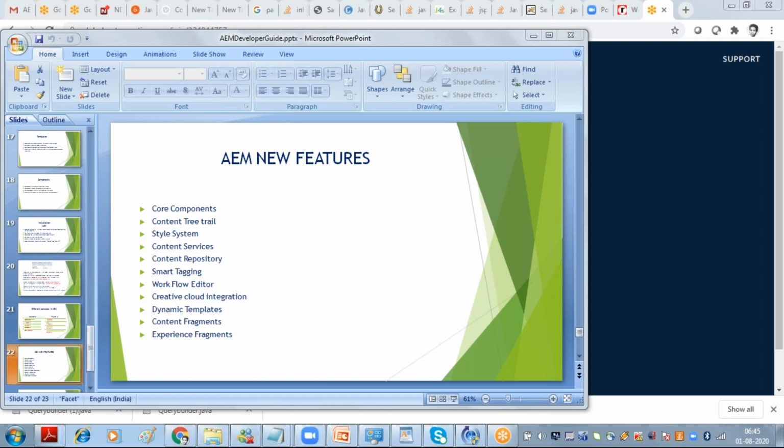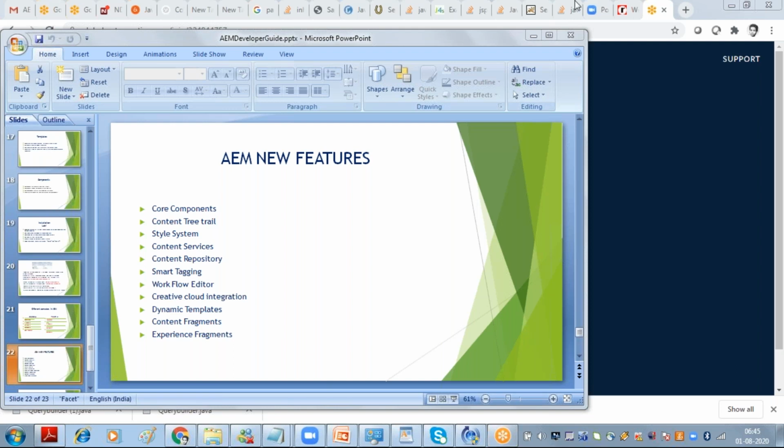Experience means your page along with the content. Let's say your home page is there. Home page along with the content is the home page experience. In the header, you are displaying a lot of things. A part of your header can be called a fragment. There are two types of fragments: content fragments and experience fragments. We'll discuss all those things.